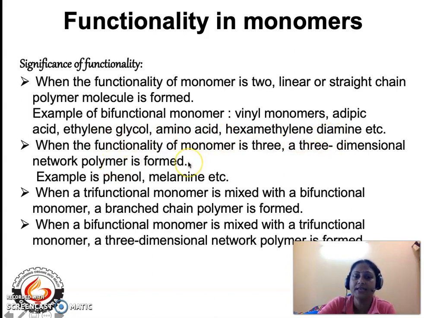But when the functionality is 3, a 3-dimensional network polymer is formed. Examples are phenol, melamine, etc. When a trifunctional monomer is mixed with a bifunctional monomer, a branched chain polymer is formed. And when a bifunctional monomer is mixed with a trifunctional monomer, a 3-dimensional network polymer is formed. So in short, I can say that the functionality is in fact determining the properties of the polymers in various respects,